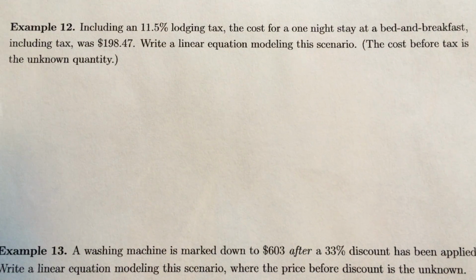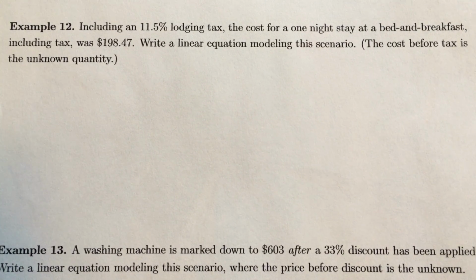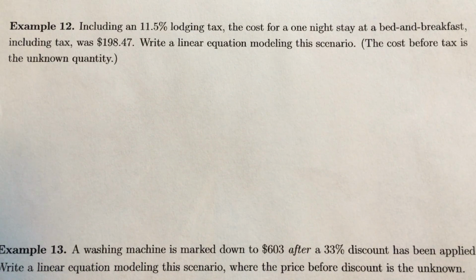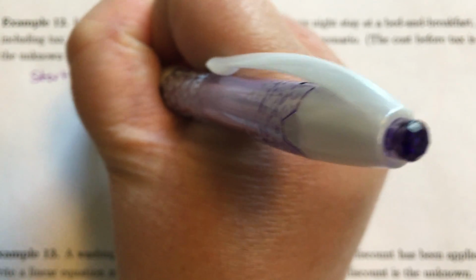Let's do a couple more examples where the rates are percentages. Example 12 says, including an 11.5% lodging tax, the cost for a one-night stay at a bed and breakfast, including tax, was $198.47. So first thing I'm going to do is write out the form of a linear equation that we're seeing